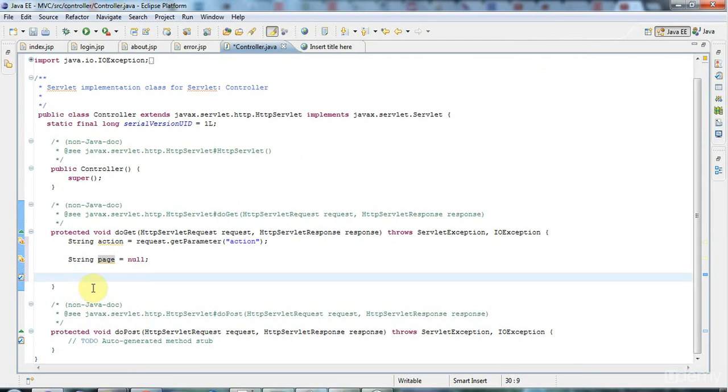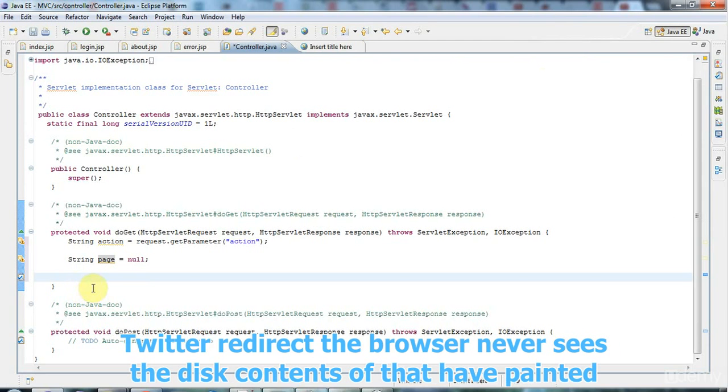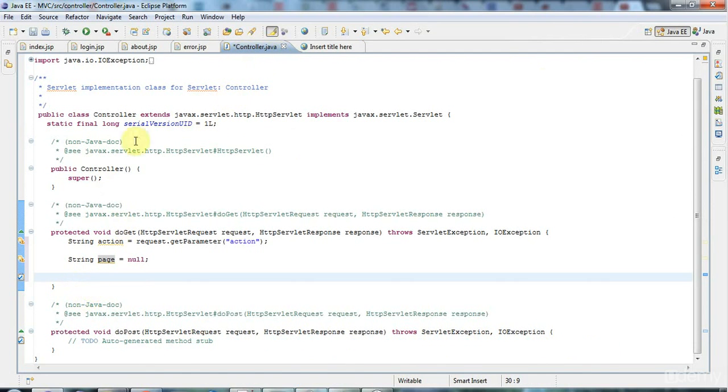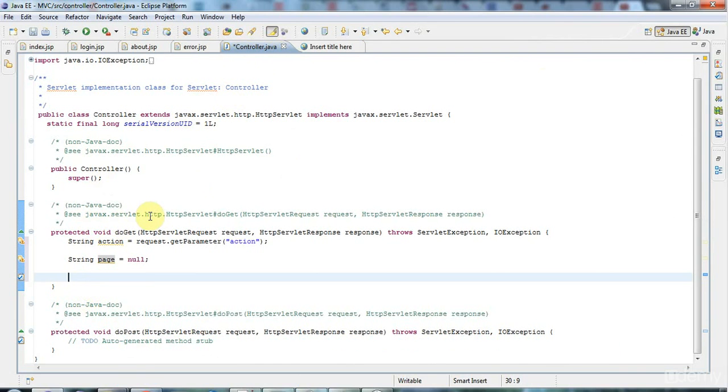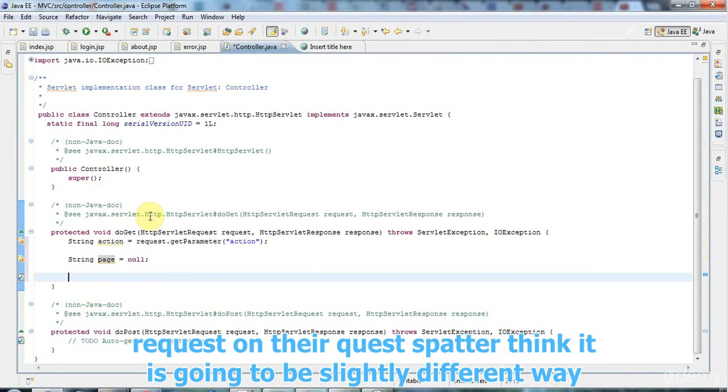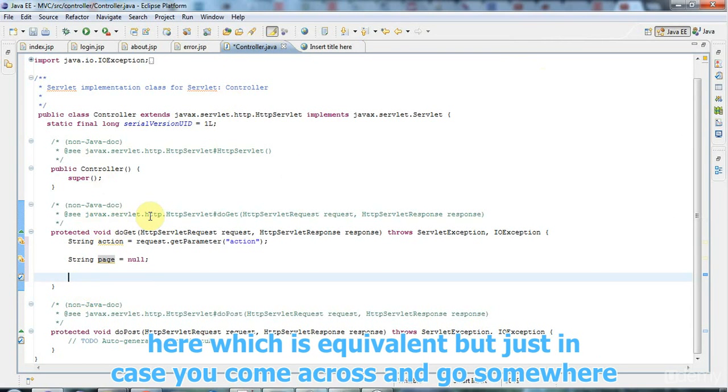And remember, if you do a forward, unlike with a redirect, the browser never sees the contents of the actual page that you're going to, if there is any. It sees the contents of the page you've forwarded to. So I already showed you one way of doing a forward with request.getRequestDispatcher, I think it is. I'm going to do it a slightly different way here, which is equivalent,